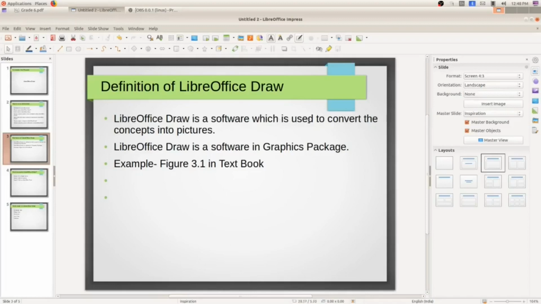It is used to convert concepts into pictures. So don't memorize this sentence like that. We will look at an example in your textbook. All of you take your textbook, page number 25.